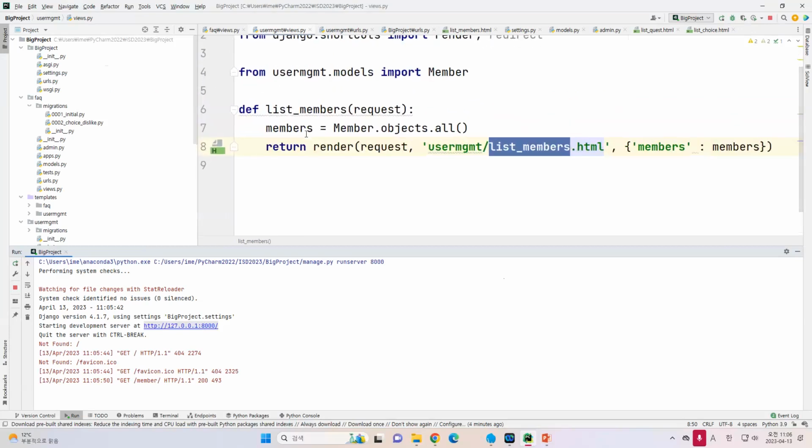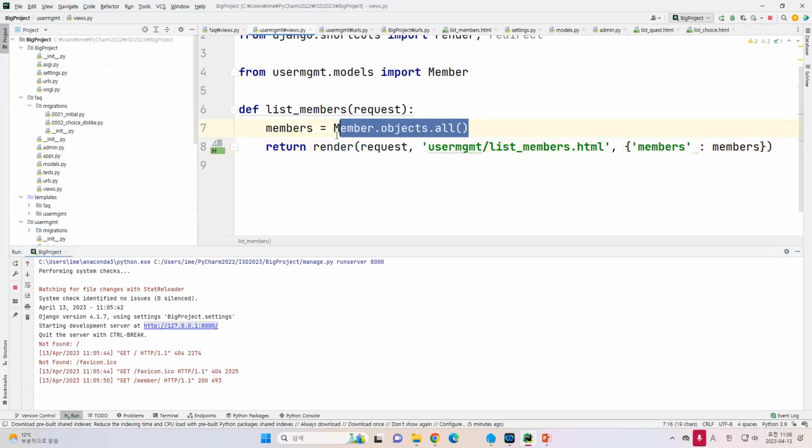So as you can see, now we have the views.py. This views.py will go to this HTML file, and we want to pass these members. This members is from Member.objects.all, which means we want to show all the data from the table member. And if you open your database,